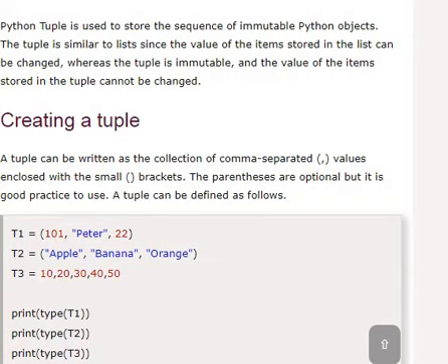Try to observe the difference between a list and a tuple. A list is a group of elements separated by commas placed within square brackets. We can have any type of data. Look at the example T1: we have 3 elements. T2 has 3 elements, strings, and T3. Look at T3: the elements are not placed within parentheses, but it's better practice to always use parentheses. And we have the type inbuilt function which determines the type of the Python object.